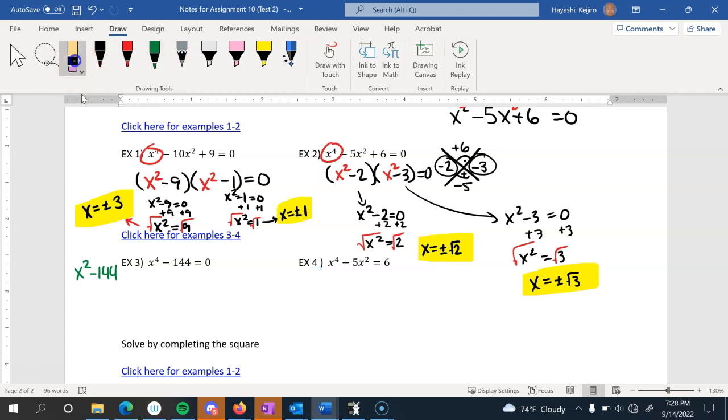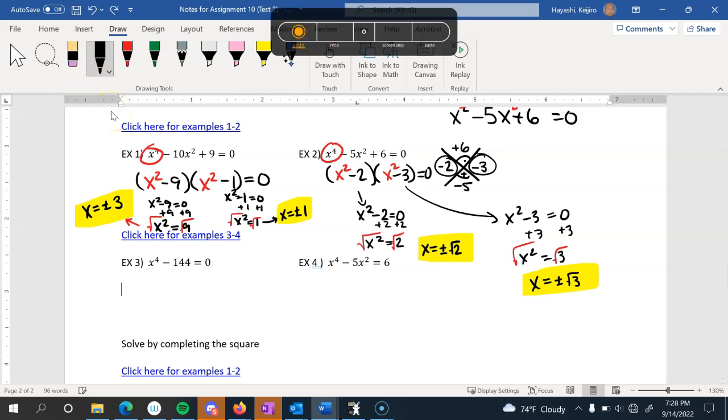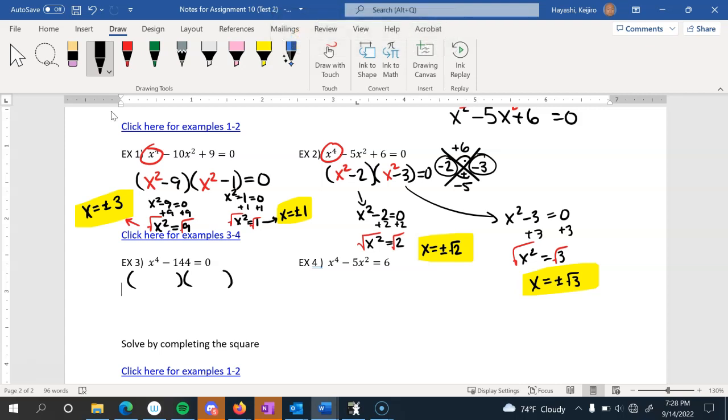The same thing is going to happen here. Your factors are still going to start off with x squared as they have been. And in fact, x to the 4th is a square. It is x squared squared. That's how you get that 4. You start off with x squared and you square it, you get that x to the 4th. So that is what's going to start off our